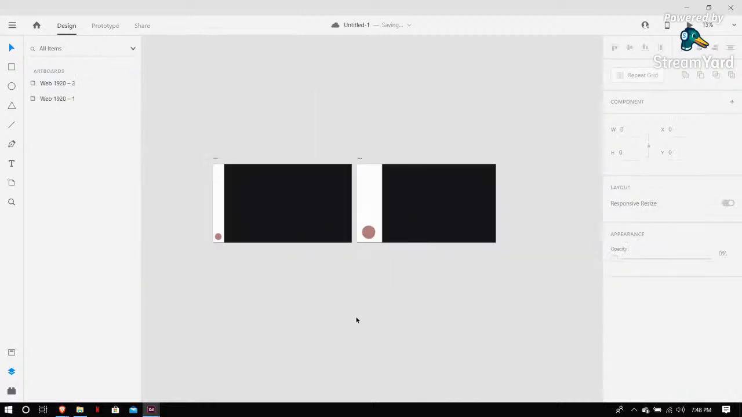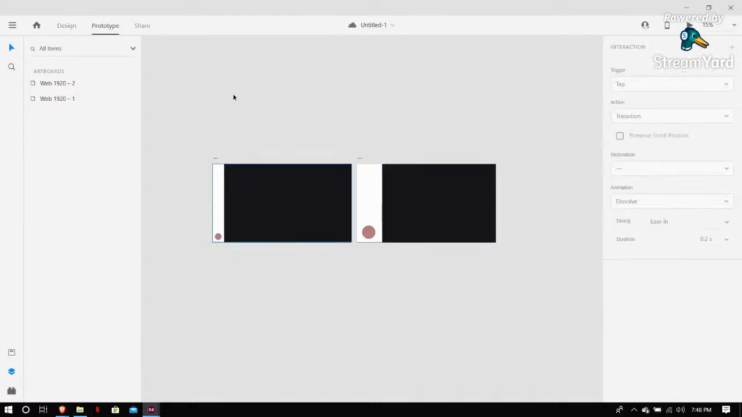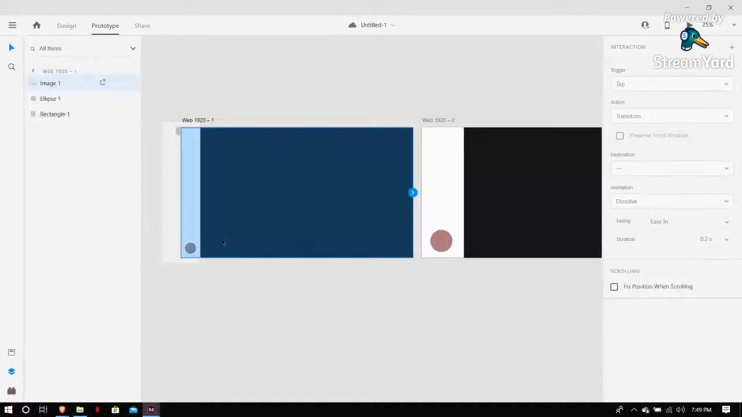So how to animate anything in XD? For that you will see a prototype menu here. In that you will have to select how it will respond. So I want that if I tap this,